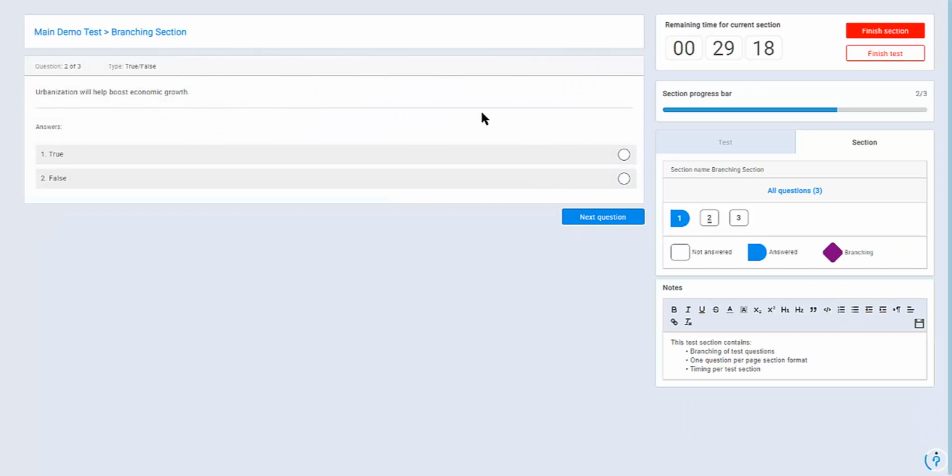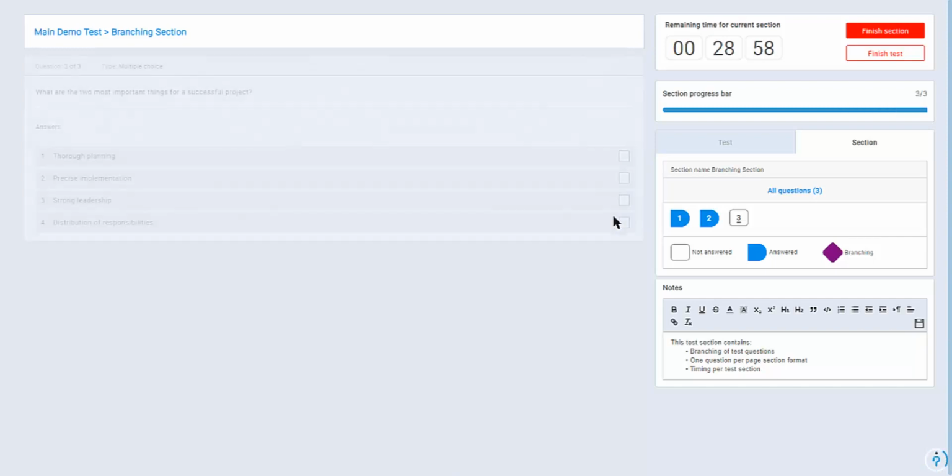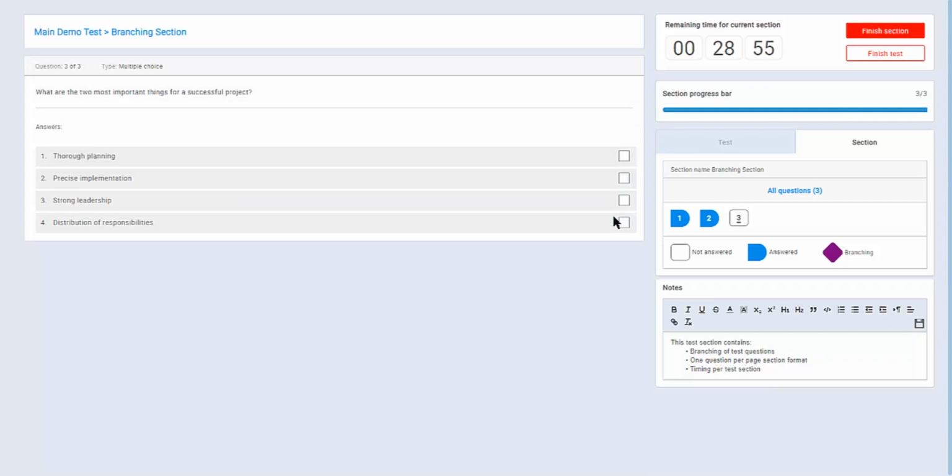This particular question type is true-false question type, meaning that we have only 2 answers offered, true and false. So this particular question has a branch behind the true answer, but does not have a branch behind the false answer. And the last question in this particular section is a multiple choice question. It's a very interesting one because it contains